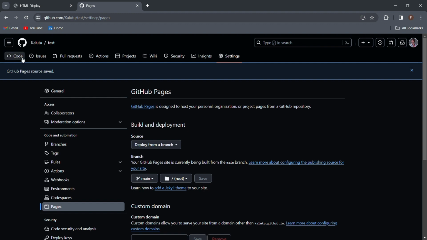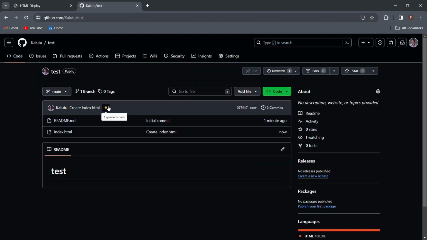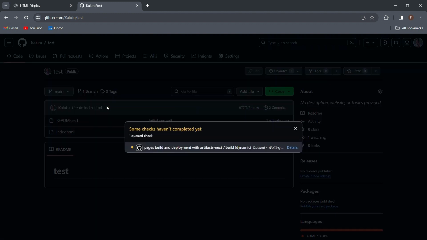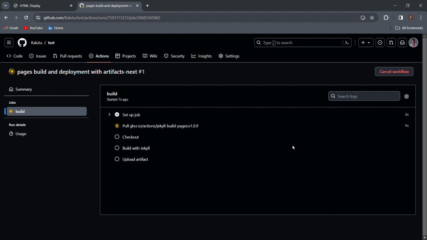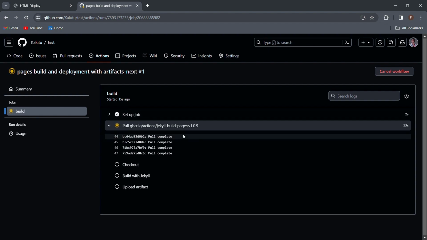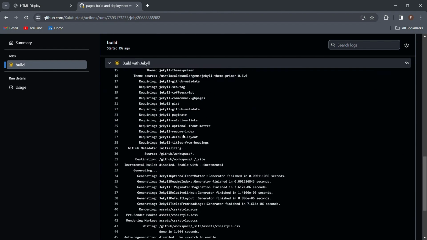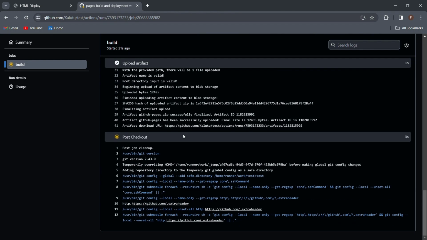And when you go to code, you'll see a yellow button here. And when you click on it, you can see the process is queued. You can click on details to see the detailed information of how the hosting is done. The hosting can take, let's say, 1 minute, so let us wait for it. You can see it's performing some checks there. And once all the checks are complete,